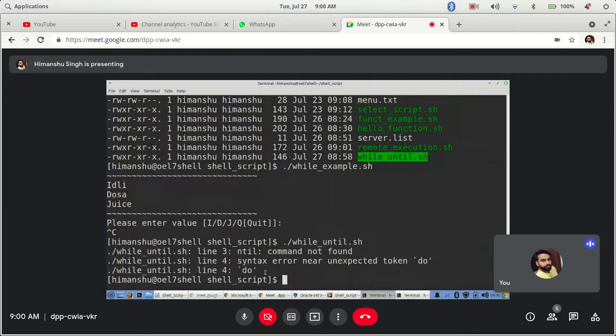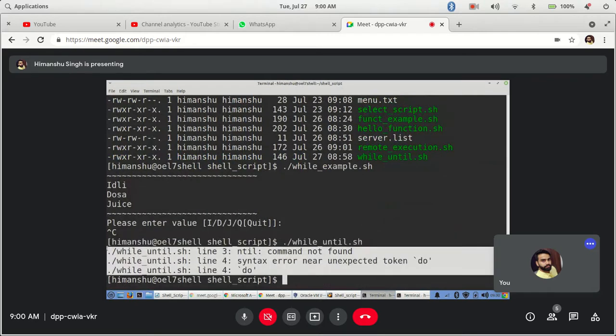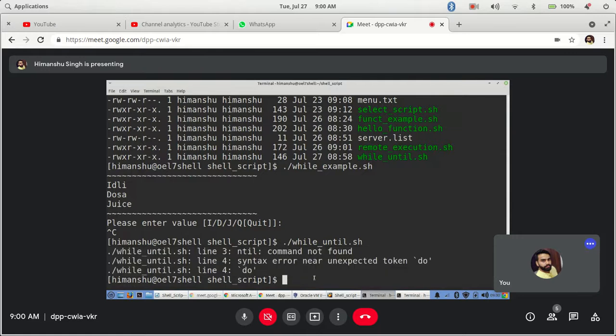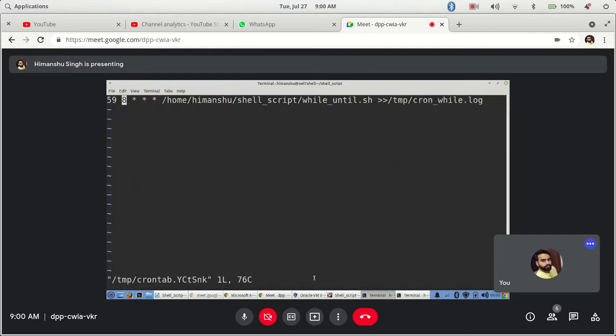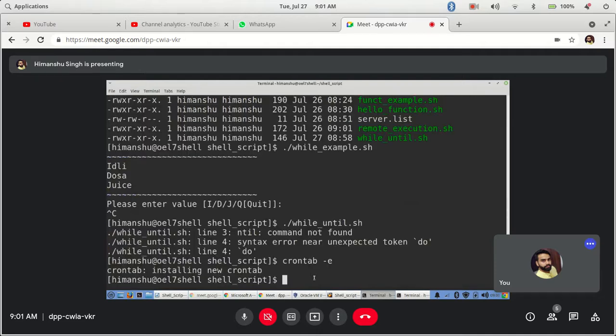So see, it is giving me an error, right? So if I go ahead and execute it, let's see if it gets executed, what it will give. So what I will do, I will make the changes to the cron. Crontab hyphen e. So now my time has changed, so it's 9, and let's say I will insert 01 hours. Okay, 02. Okay.